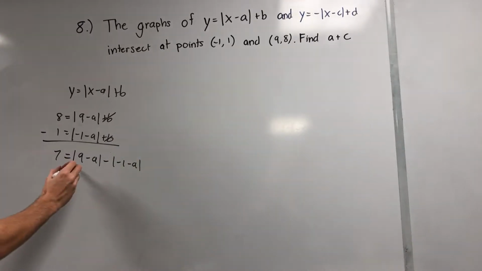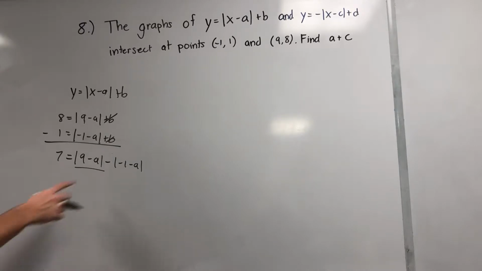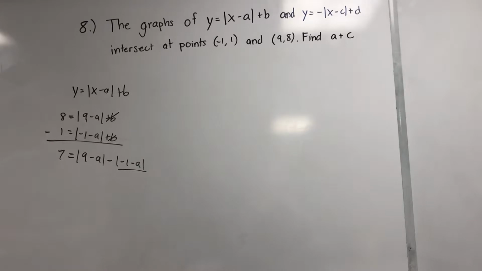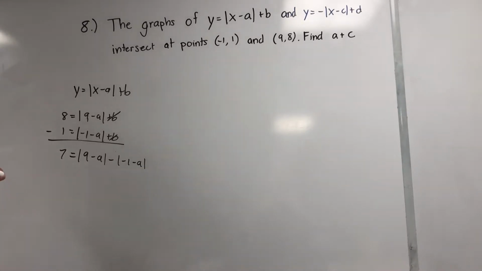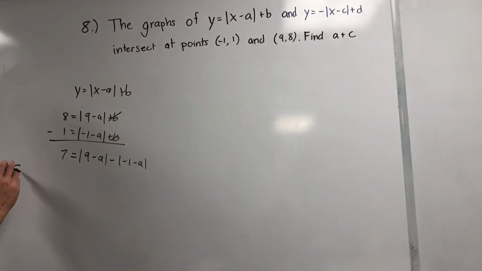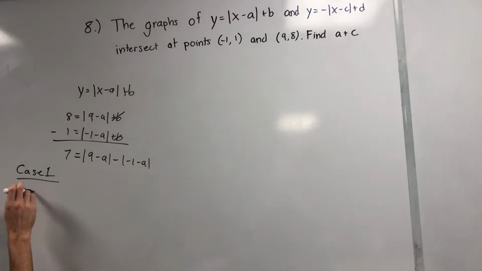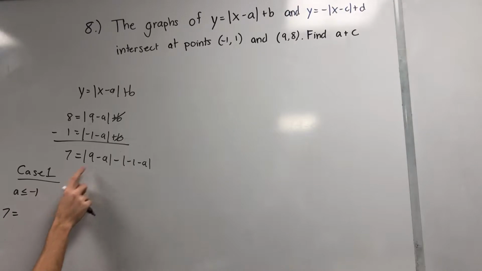Now you know that this part is going to be positive when a is less than 9, and it's going to be negative when a is greater than 9. And for this one, that's going to be positive if a is less than -1, and negative when a is greater than -1. So you can break this up into certain cases. Case 1, if a is less than or equal to -1, then you have 7, that means this is still going to